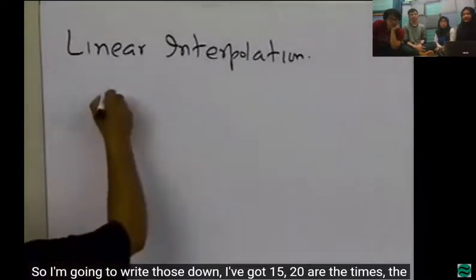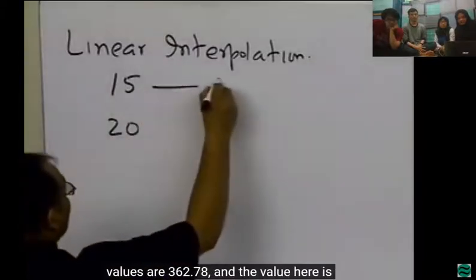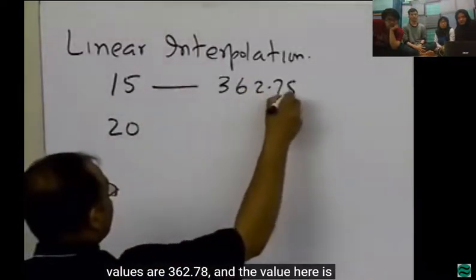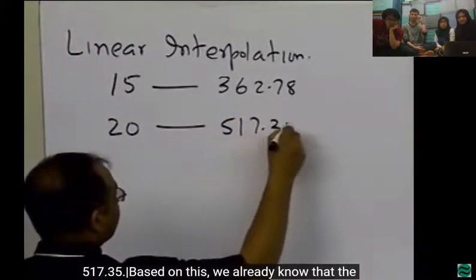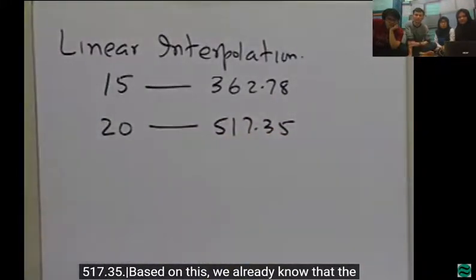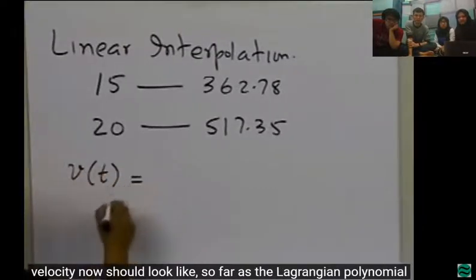So I'm going to write those down. I got 15, 20 are the times. The values are 362.78, and the value here is 517.35. Based on this, we already know what the velocity should look like, so far as the Lagrangian polynomial interpolation is concerned,